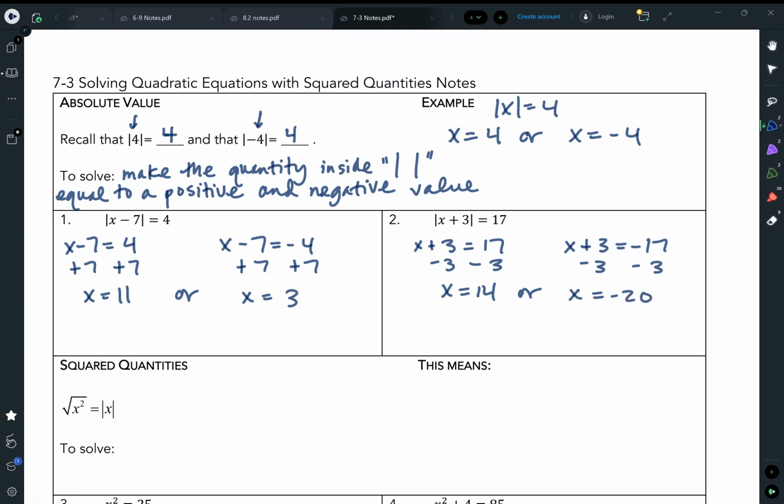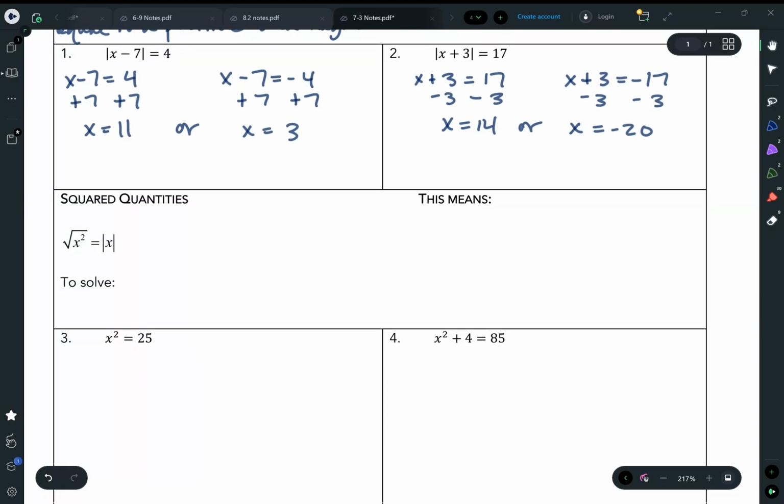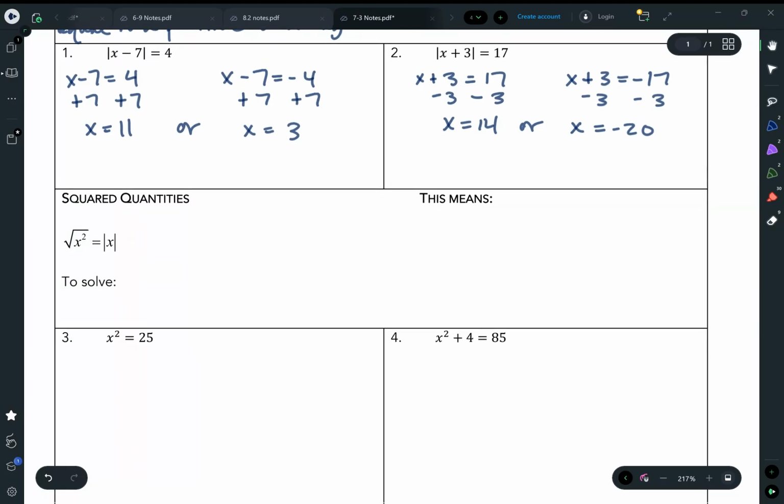All right, so now we're looking at new stuff. Now we're looking at squared quantities. And the first thing that we're going to do is give you a definition. We're going to tell you that if we have an x squared, so the x squared is on the inside part, that's what happens first. So if I have an x squared and then I take a square root of my x squared, it equals an absolute value. So this means if I have something like x squared equals 36,